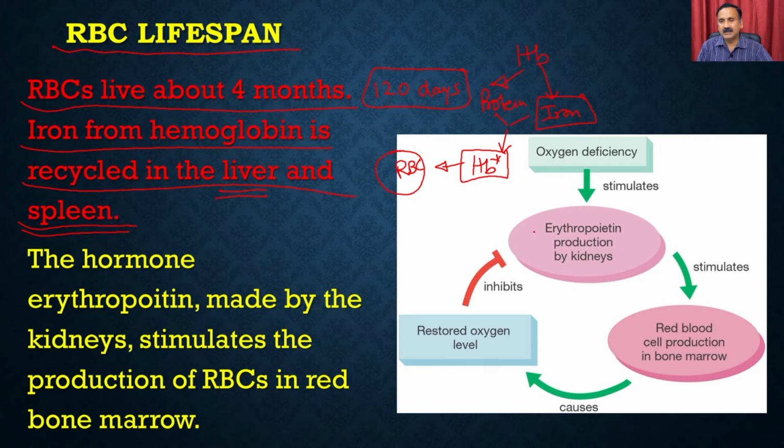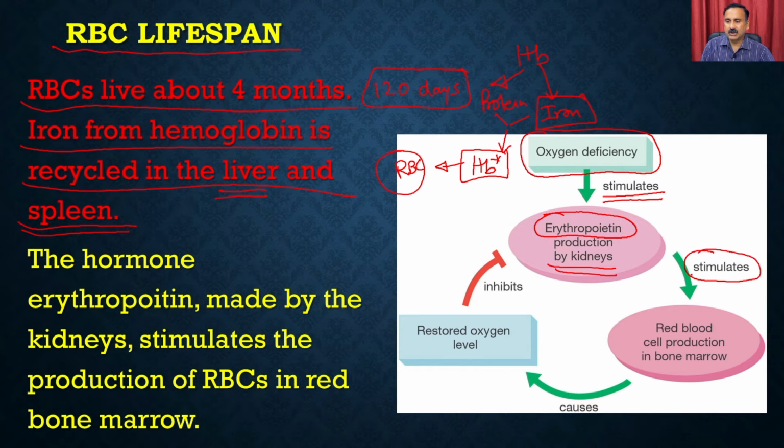So, what you see here is a condition where the body is having oxygen deficiency. Okay, so if there is an oxygen deficiency, that is going to stimulate the secretion of the erythropoietin hormone. So, erythropoietin is a molecule which is produced from the kidney, and once the erythropoietin is produced, that is going to stimulate the production of the RBCs from the bone marrow,